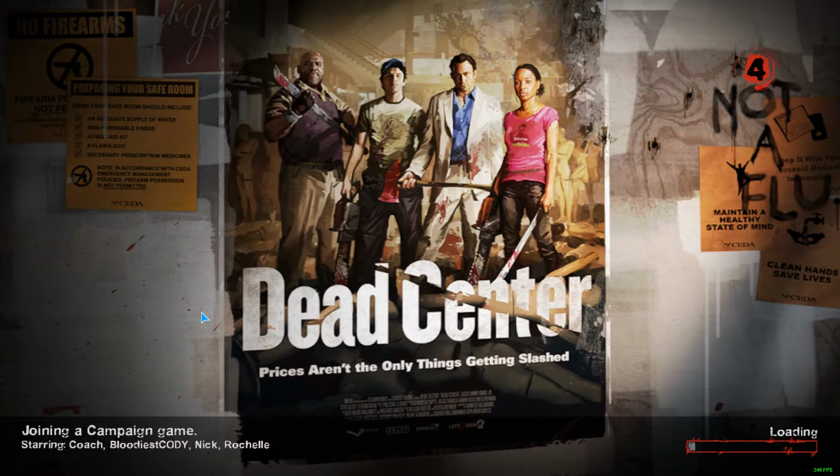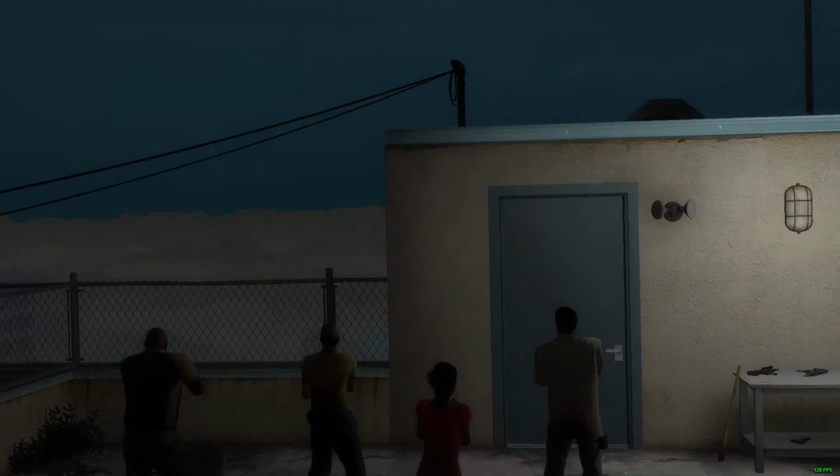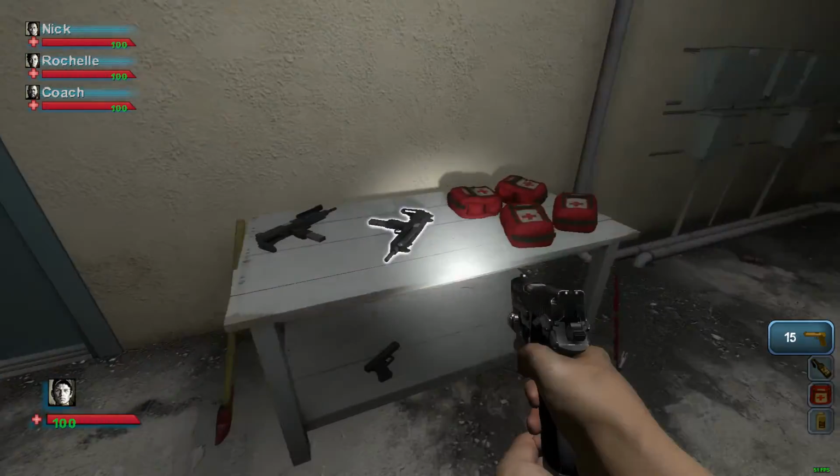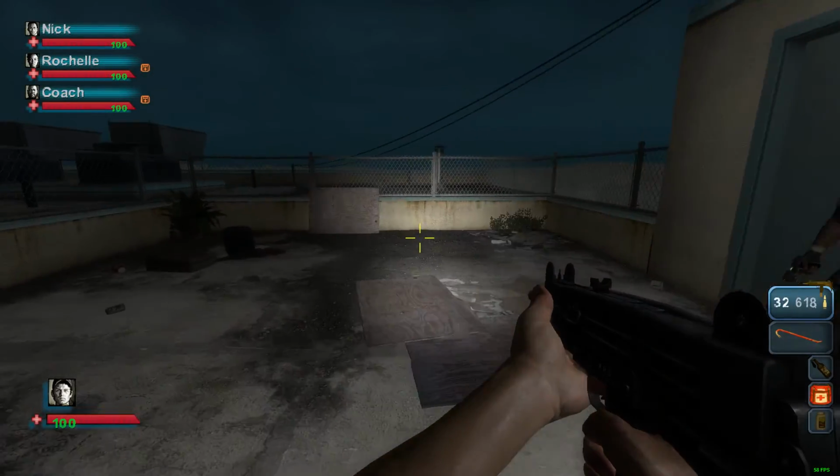Always gotta play as Ellis. His AI actually uses the same weapons as I prefer, so yeah. Most of the time, I don't have to worry about him getting rid of my favorite guns. And it does look like the HD UI is working, because the quality. A freaking axe. And one of the mods that I have actually makes it so that